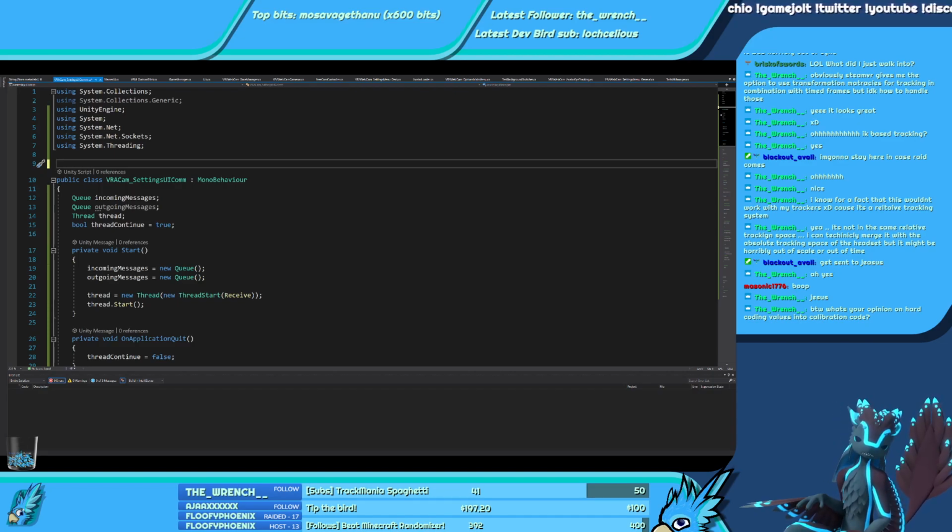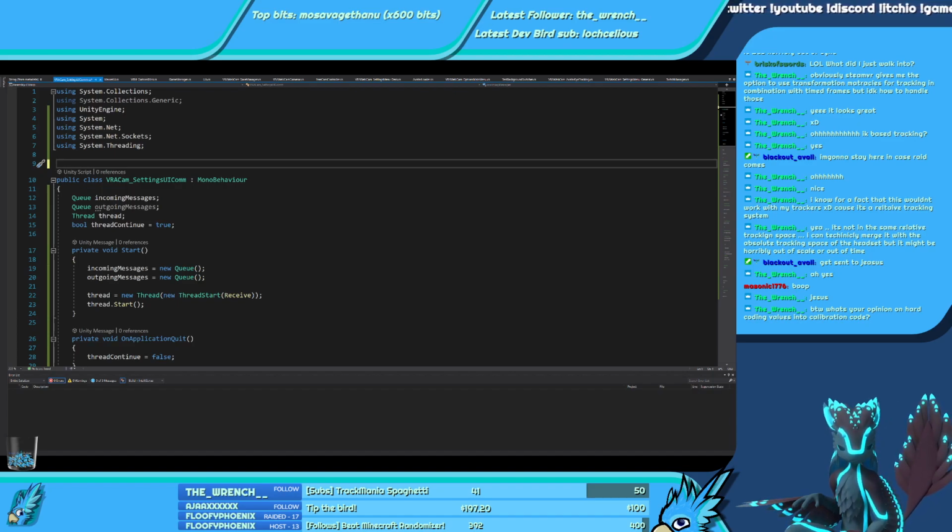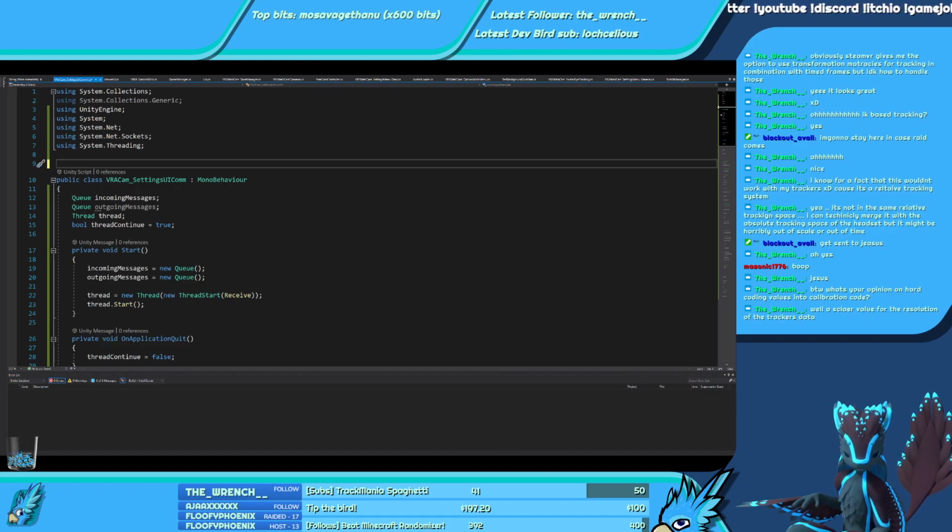Technically, my hand code is hard coded, because it's always the same values, but they adjust depending on the scale of the rig. It could cause issues on some avatars, but it's mostly flawless. What about a scalar value for the resolution of the tracker data? A scalar value, so a scale value for the resolution of the tracker data.